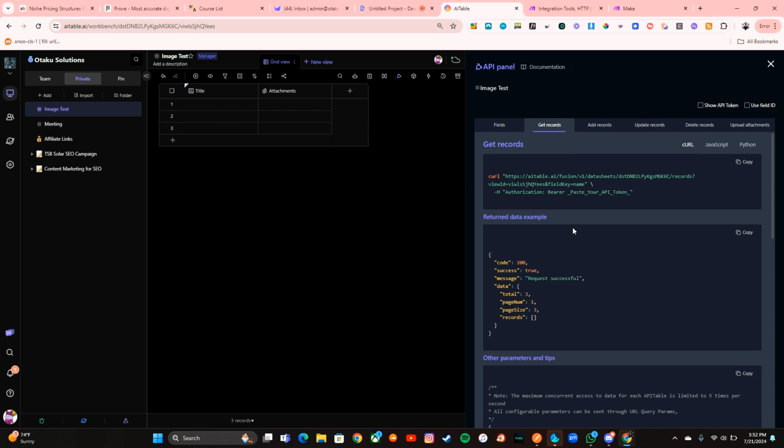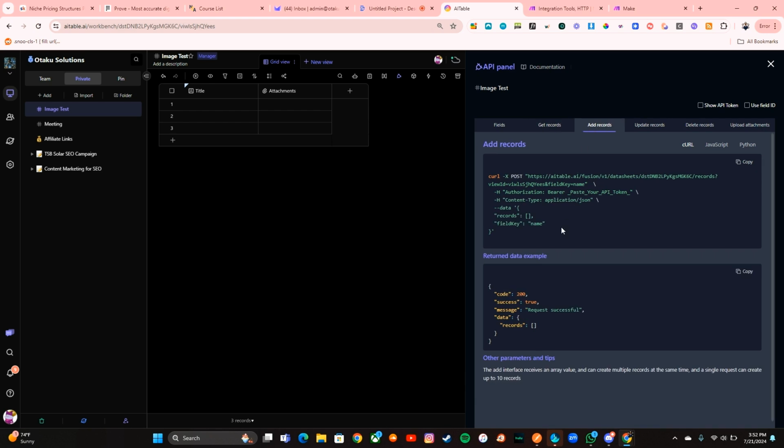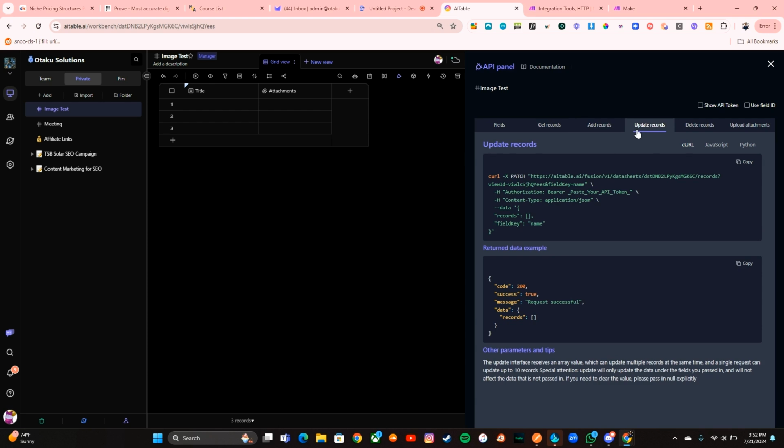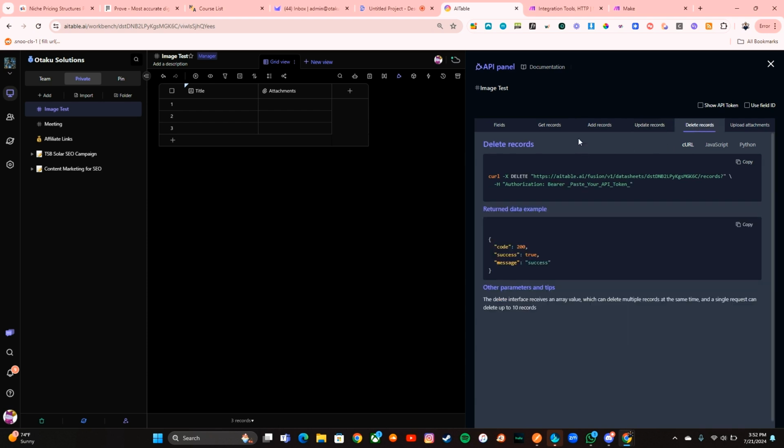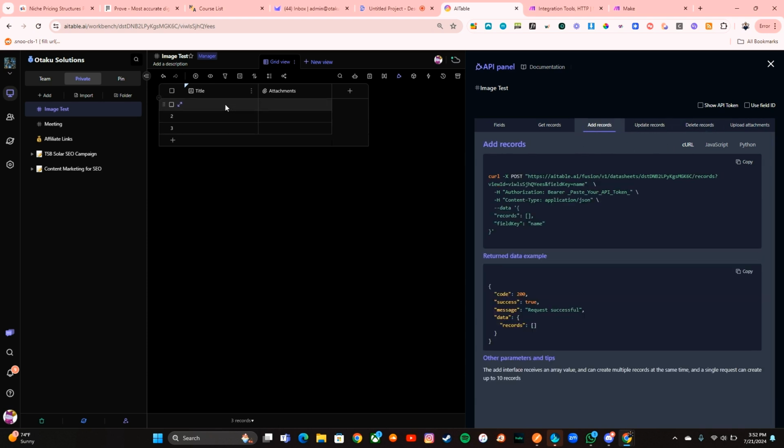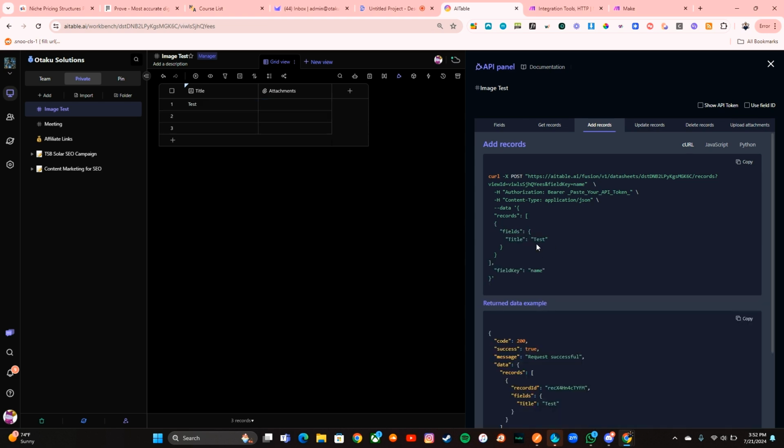Now, the reason why I'm going through this is because right now, when you create a data sheet, that information is technically blank. So if I come here to add records as an example, we see records here. We just see field name. We don't really see anything there. The same thing for update as well. Now, if I come here and I type in tests, we actually see that pop up. Now, the field has been registered because there's actual data inside of there, which makes sense.